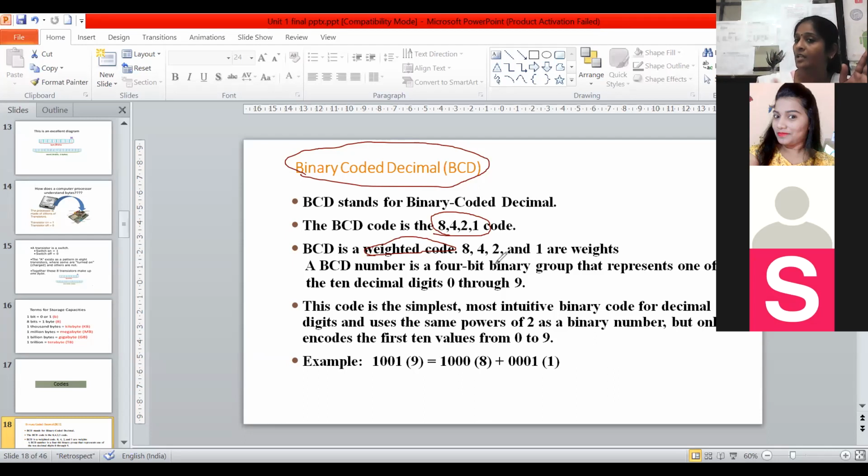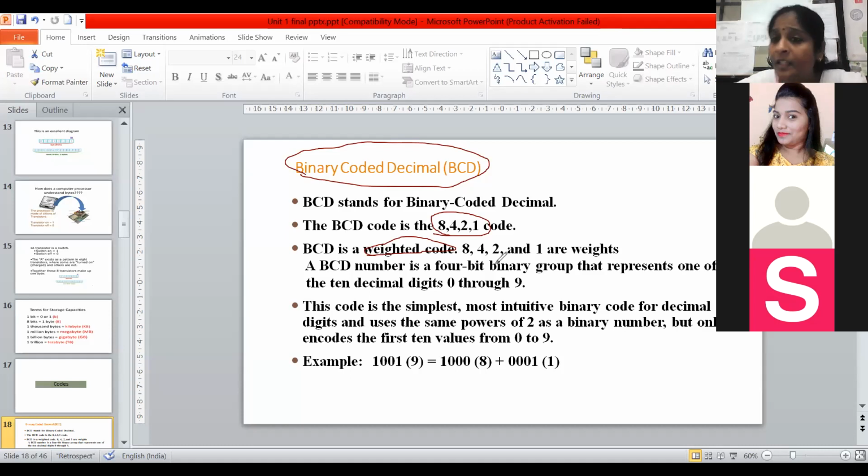That is why it is called 8, 4, 2, 1. 1 is a little lower, then 2 is higher than that, 4 is higher than that, 8 is higher than that, then 16 is there, 32 is there, like that. So it is called a binary coded decimal. It has only 4 digits. It is called 8421. When I show you the chart, you will notice it.